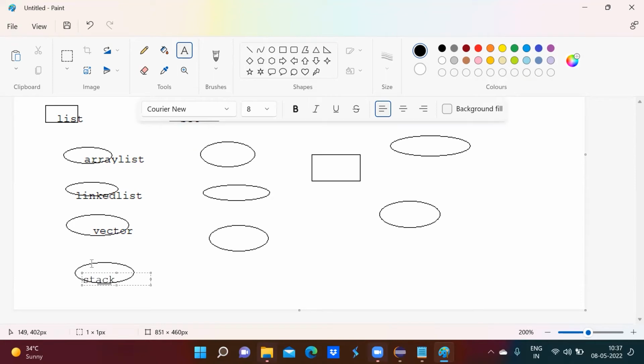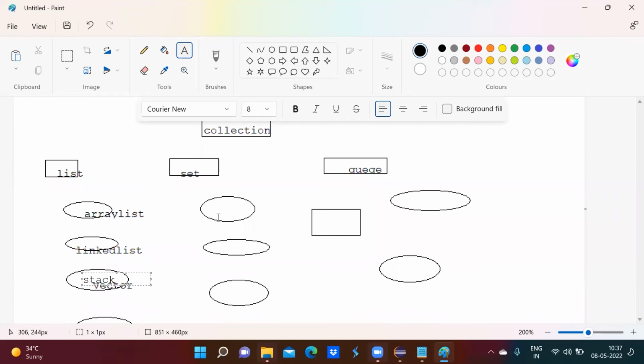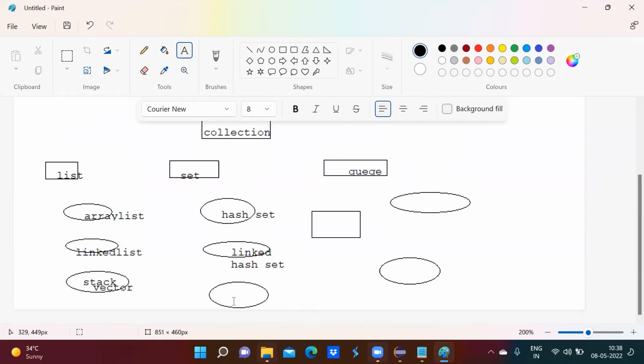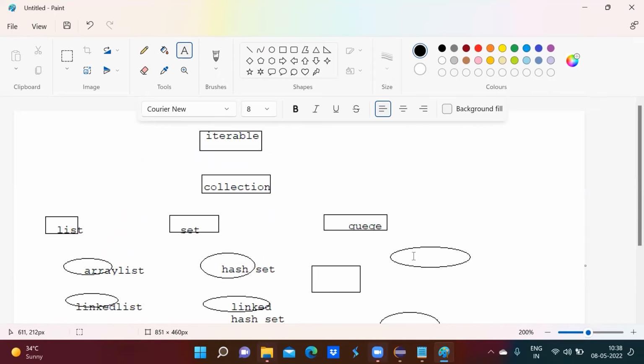Okay, and then here in Set we have HashSet, LinkedHashSet, and then we have TreeSet, and then in Queue we have PriorityQueue,